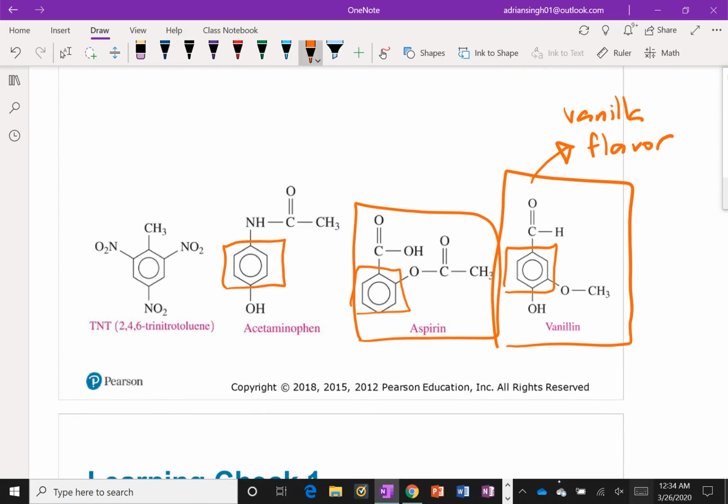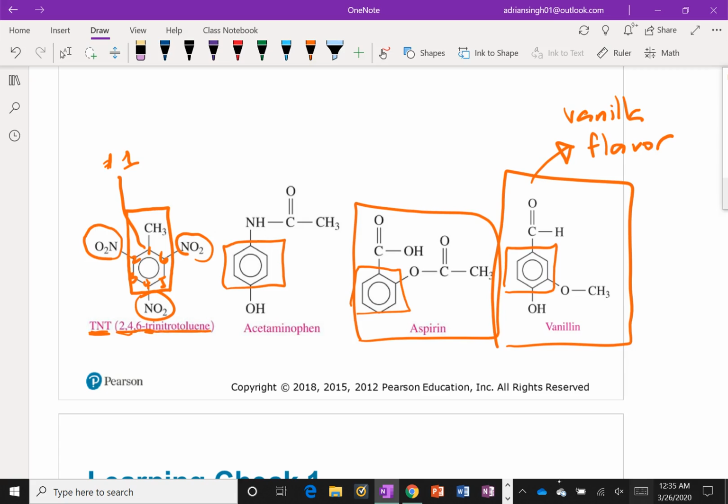This here is a compound known as TNT, and the common name for it is 2,4,6-trinitrotoluene, right? So there's the toluene, benzene with CH3 attached. This then has to be carbon number 1, right? And if you number, so that's 1, 2, 3, 4, 5, 6. So we have these nitro groups on carbons 2, 4, and 6. So that's where the 2,4,6